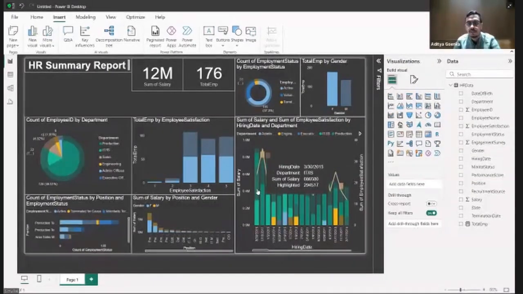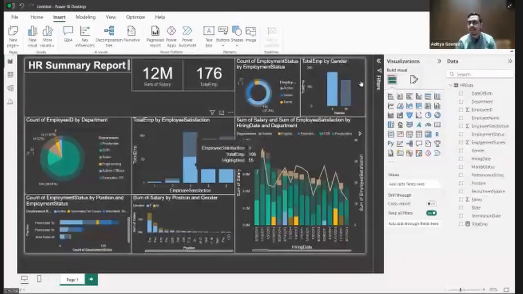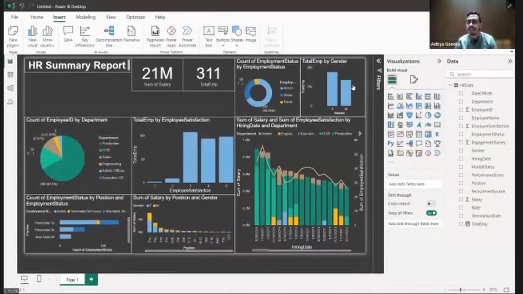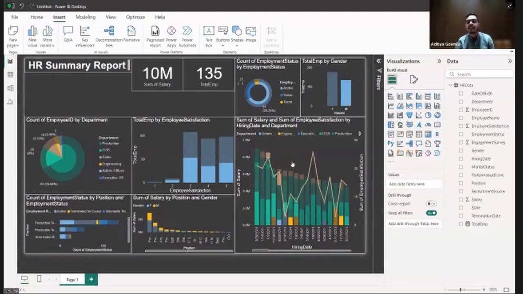If I scroll over here, for female employees the sum of salary is 2,94,570, and the total is 6,86. So like this, you are able to tell everything for the female gender inside the company without doing anything extra. All of this is done in a matter of seconds. What about male? Simply click male and you will have all your data for your employees.